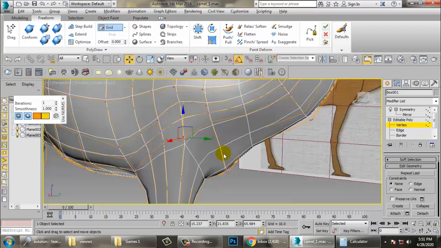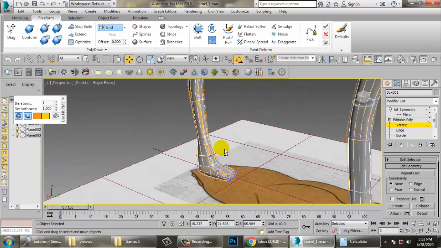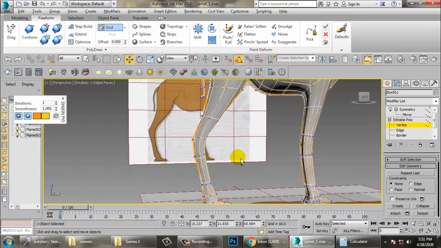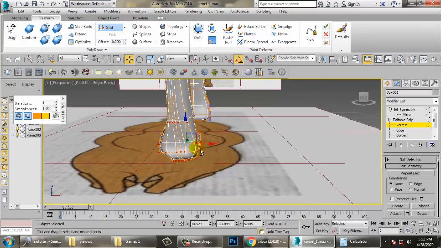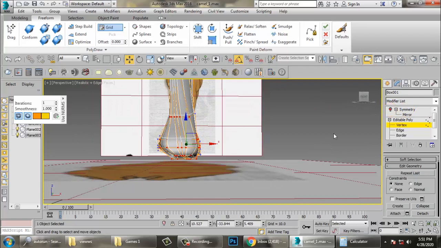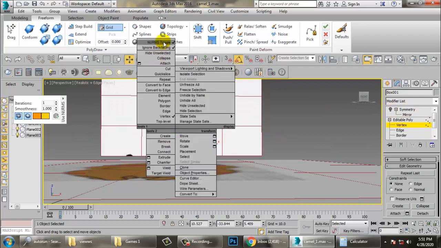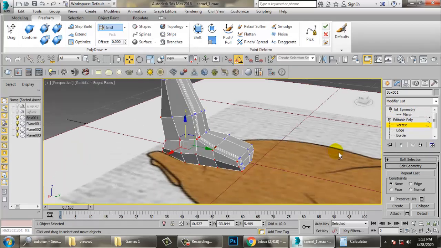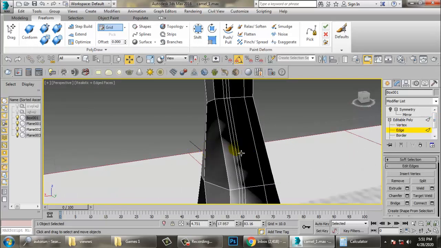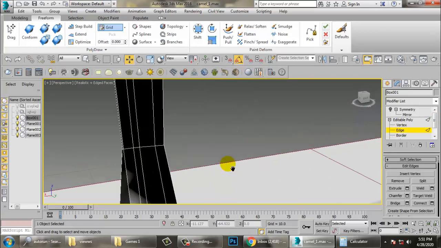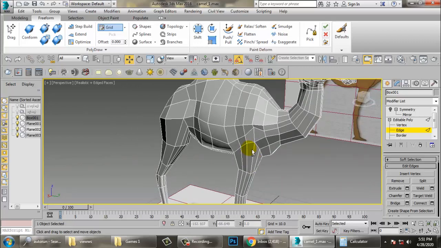So let's go to the foot part over here, that's your legs. For the legs I'll just remove this part. If not required, please remove the extra loop.